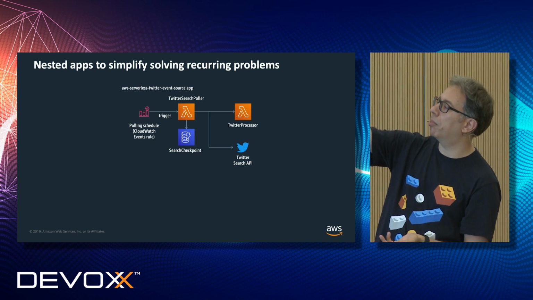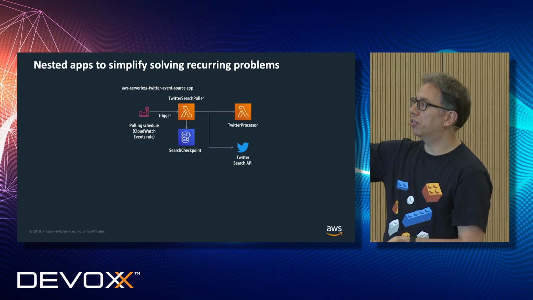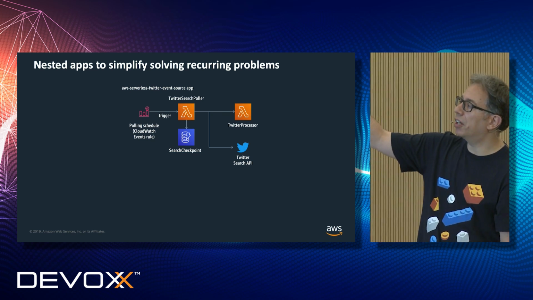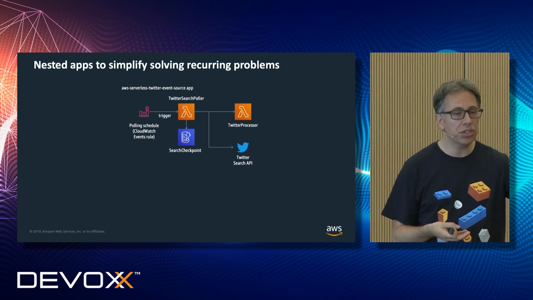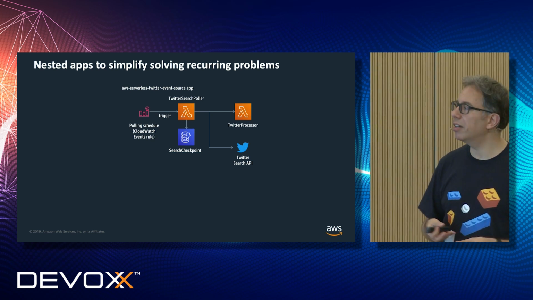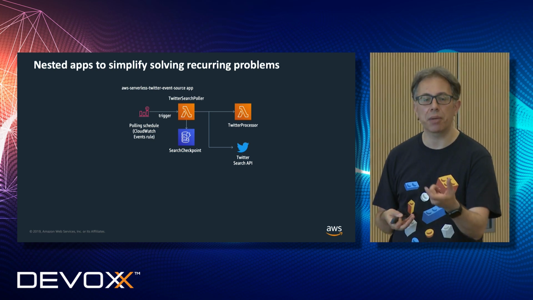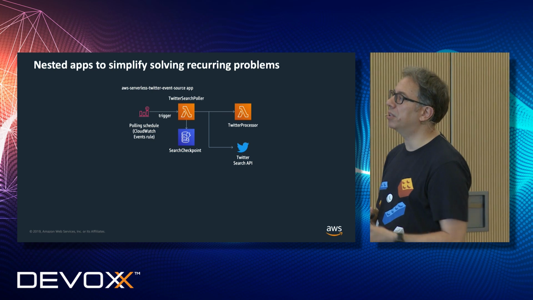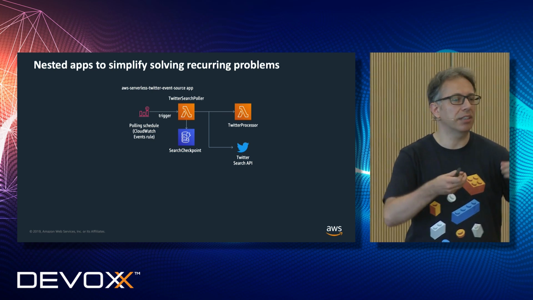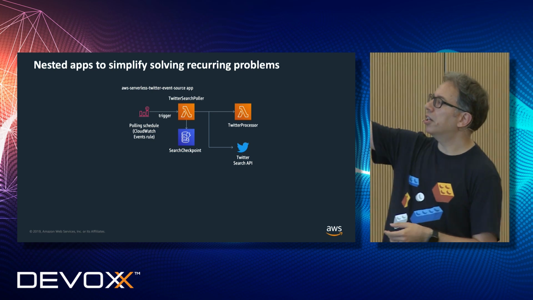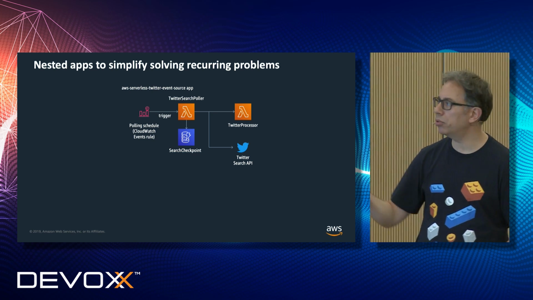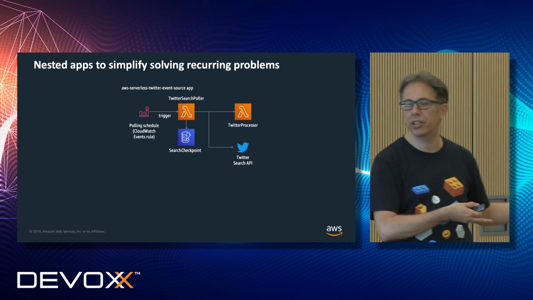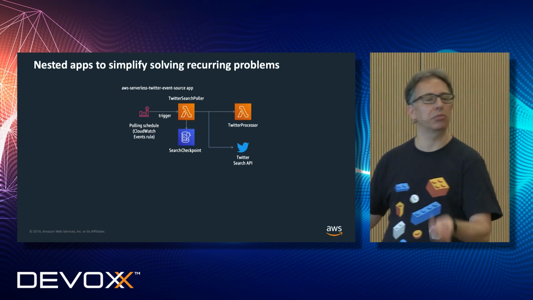So you can use, for example, CloudWatch Events to trigger a Lambda function periodically, for example, every minute or every 5 minutes. The Lambda function can use the Twitter API to search for a specific string. And the Twitter API returns a checkpoint every time you do the search. You can store the last checkpoint of your search on a DynamoDB table that will have one single item, just the last checkpoint. And then when you find tweets about your product, you call another Lambda function that is the Twitter processor that will act on those tweets. So we'll store them, we'll analyze them, we'll route them to the customer support.